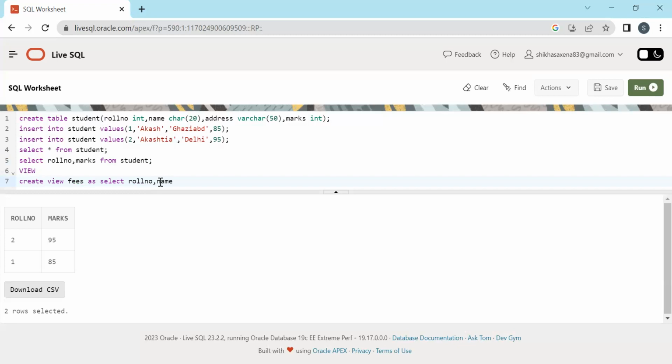address from. कहाँ से लेना है हमें? ये जो व्यू बना रहे हैं हम लोग, कौन सी टेबल से बना रहे हैं? स्टूडेंट टेबल से. तो from student. That command will create a view. Now view created. Now if we want to see the view, then